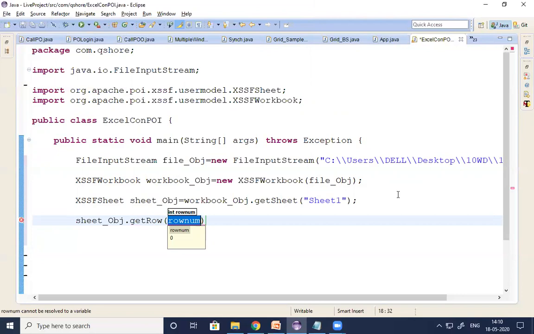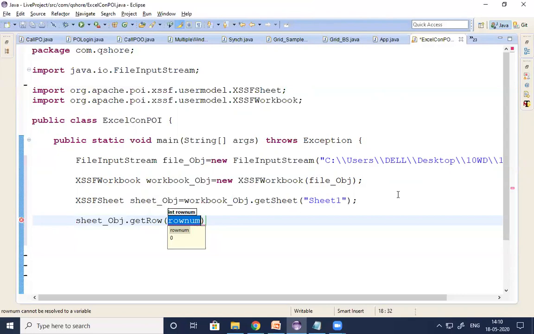In the jxl.jar file, a cell means the meeting point of the column number and row number. But in the poi.jar files, a cell means the meeting point of the row number and column number. Understand, guys? In jxl.jar, column number and row number. Here, row number and column number.